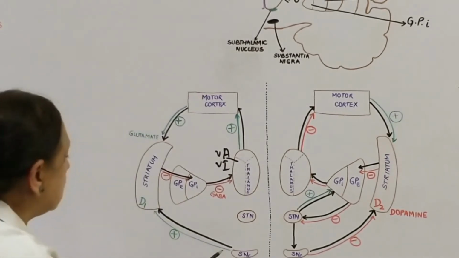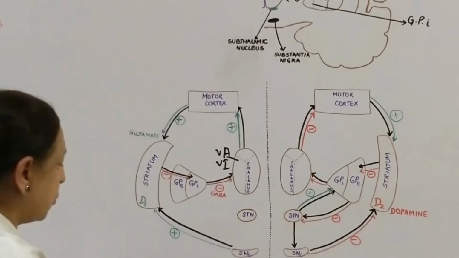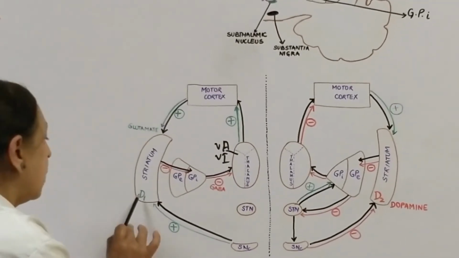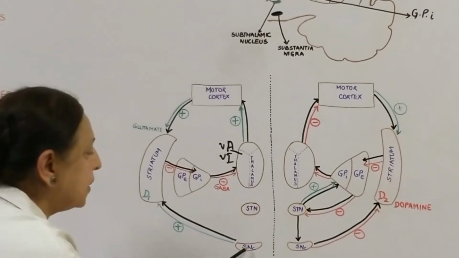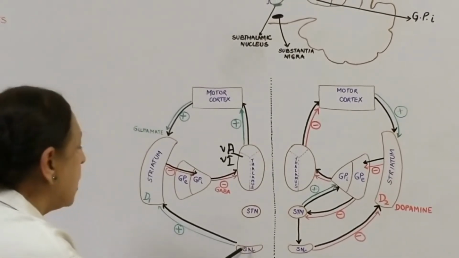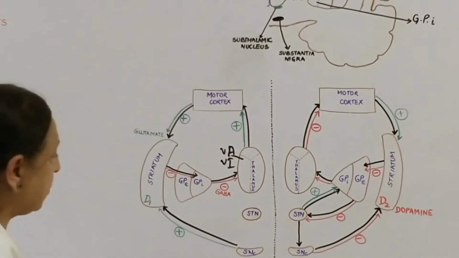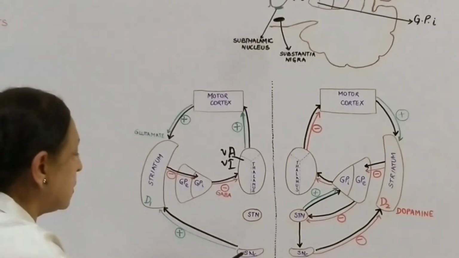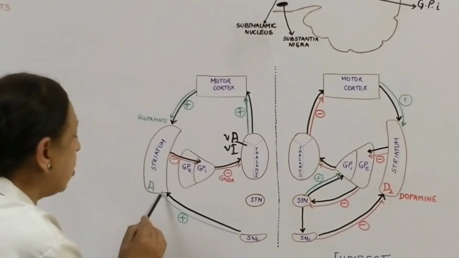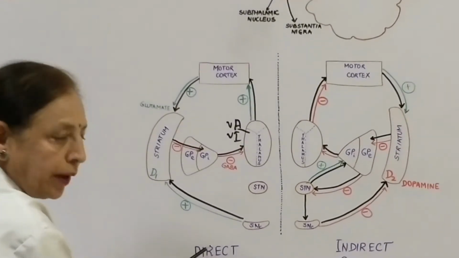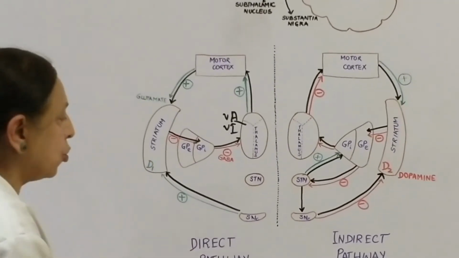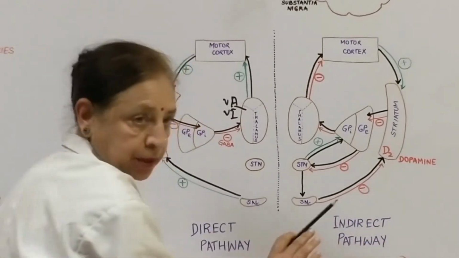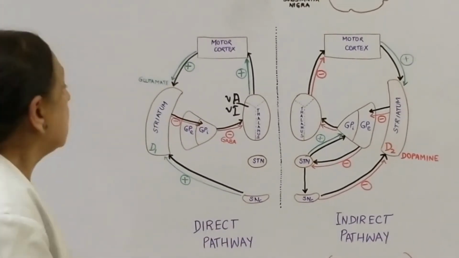Now a word about the D1 receptor here for the direct pathway and the D2 receptor for the indirect pathway. Here this is being acted on by the substantia nigra compacta, and this is acting on the D1 receptor by way of dopamine. So what is it doing? It is going to be modulatory to the direct pathway. So it is going to cause stimulation over here, and dopamine on the indirect pathway is going to be inhibitory, and we need all kinds of movements.